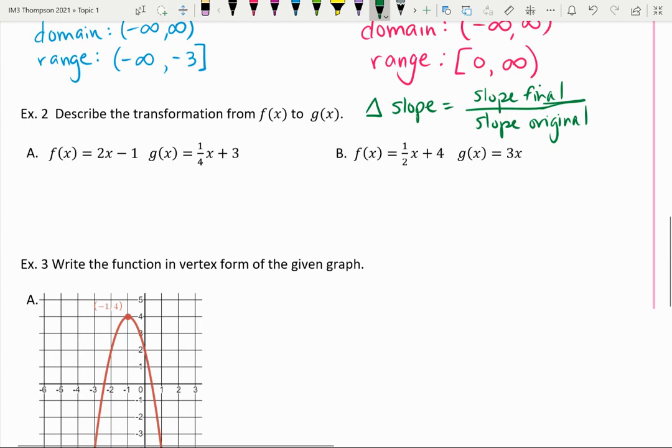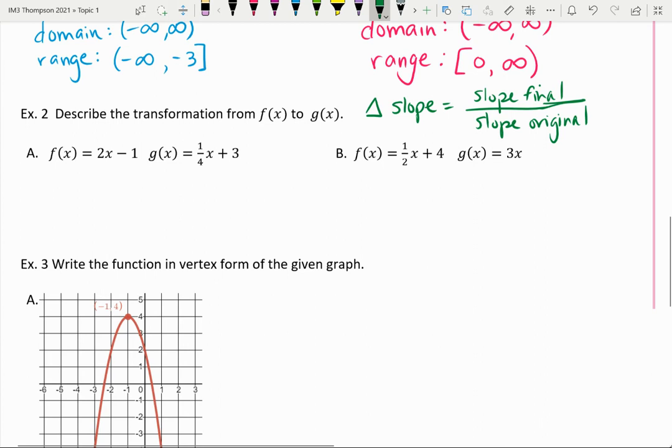Remember the equation of a line in slope-intercept form: mx plus b, where m is the slope and b is the y-intercept. So I'm starting at f of x and I'm moving to g of x. So to find the change in slope,